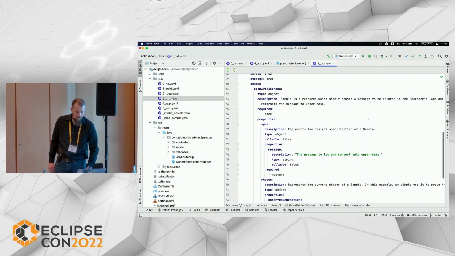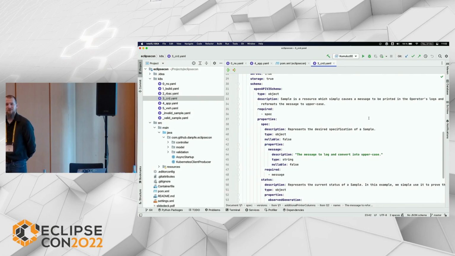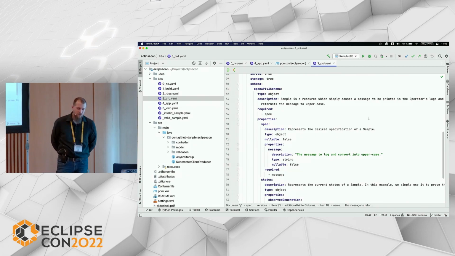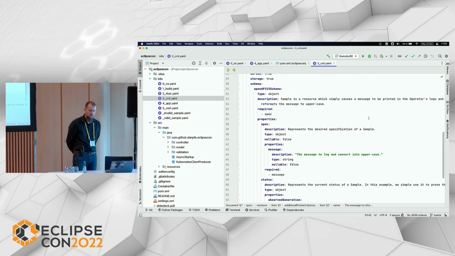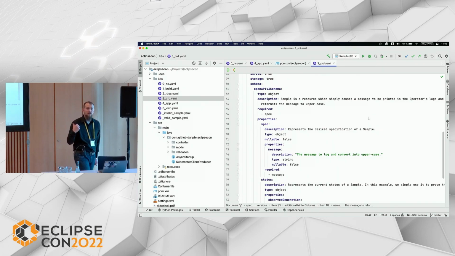And here's the Open API schema. Now I won't go into Open API. I guess most of you are familiar with it already. But here we are defining all the properties that we are expecting, what they're used for. You see, I was a good guy and documented everything, and I said it's required, etc. So all things that you will be able to see later.